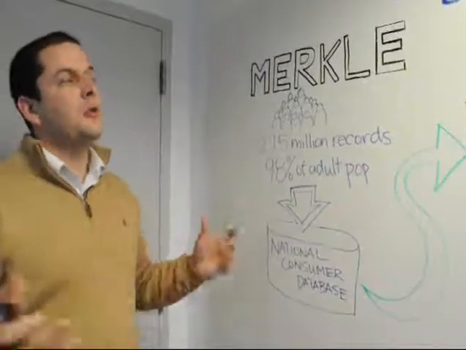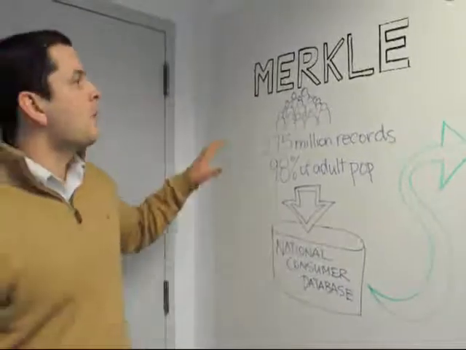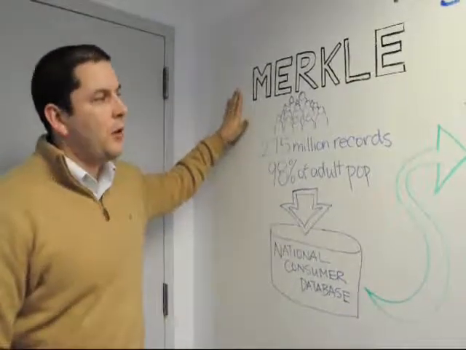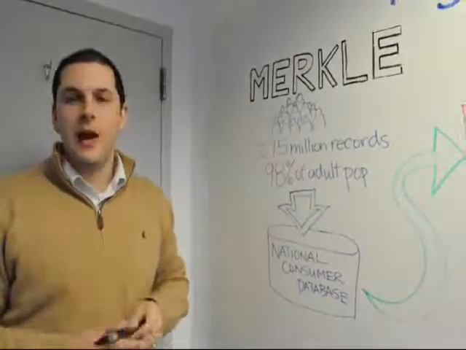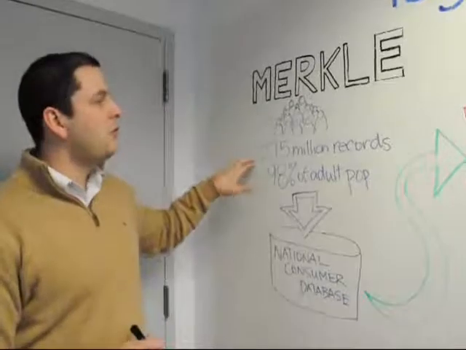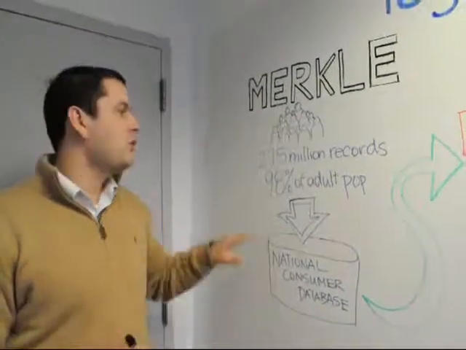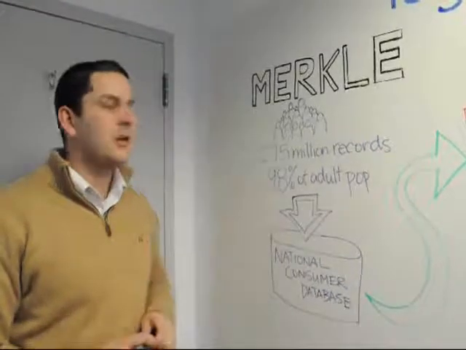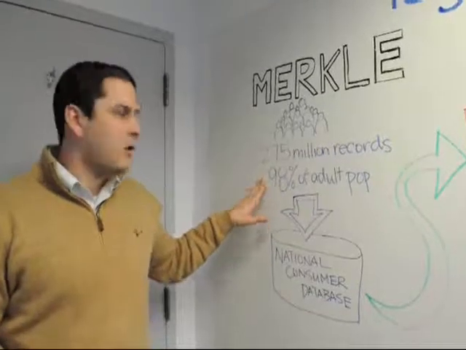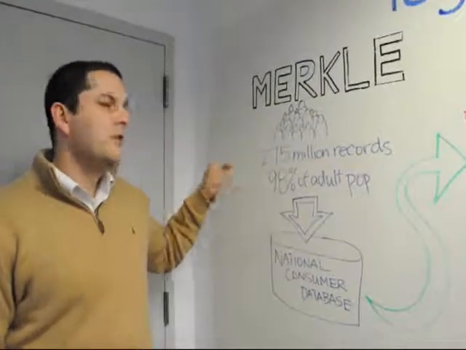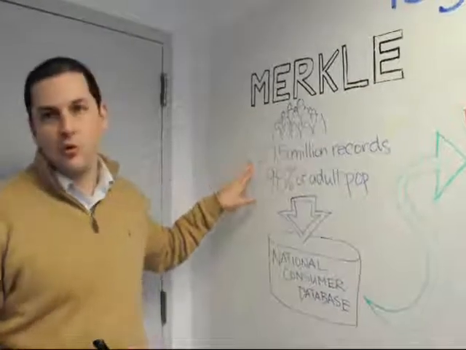So conceptually, LogicLab really is a CRM solution in the mass media space. Our relationship to our parent company is important for a number of reasons, but one of the primary reasons is that Merkle houses a gigantic national consumer database that has 275 million records of adults in the United States, and that's roughly indicative of 98% of the adult population. By aggregating a lot of different data, we've been able to attach essentially 1,500 demographic, psychographic, and geographic variables to each of these individual records.